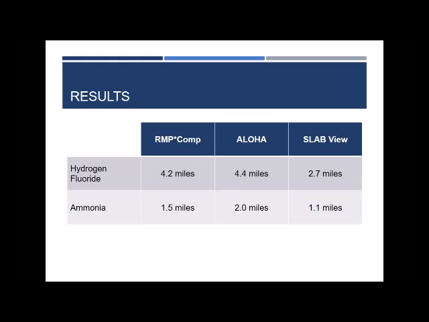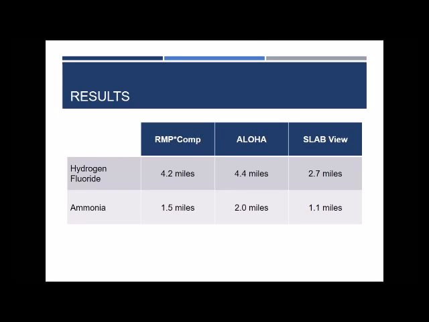ALOHA calculates the distance according to what you input. So it's more of a real-time calculation instead of a set data. The reason ALOHA is a little bit higher is probably because of how the tables are set up. So it's sort of a range. I'm not exactly sure what the ranges are, so I'm just speculating that maybe from 8,000 pounds to 10,000 pounds of hydrogen fluoride,